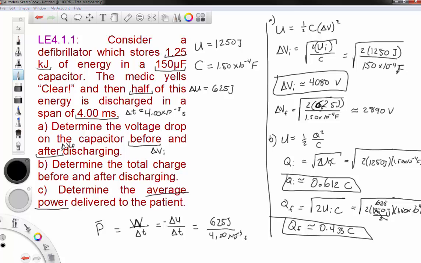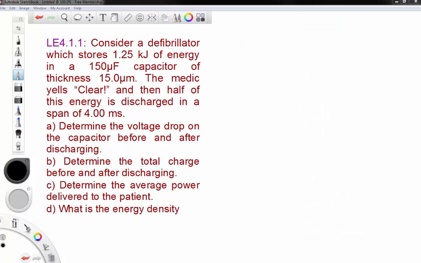So that gives us 156,250 watts. So the average power, if we round that off, is basically 156 kilowatts. So that is the average power that's actually delivered to the patient. Finally,